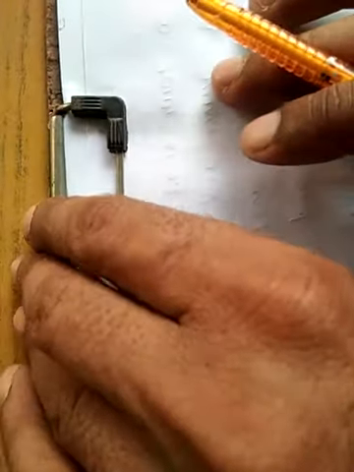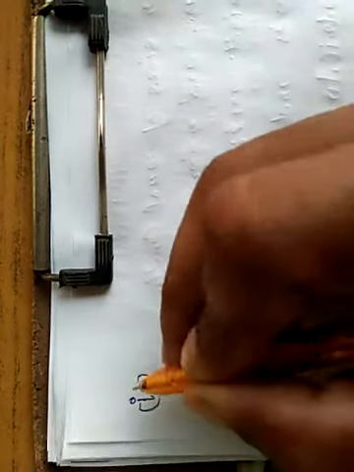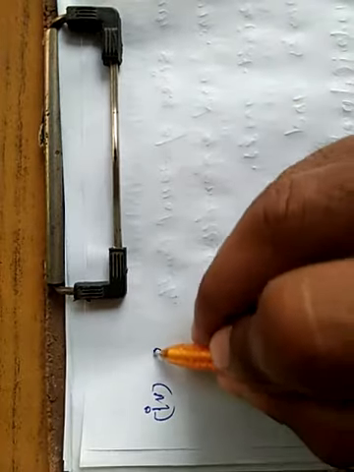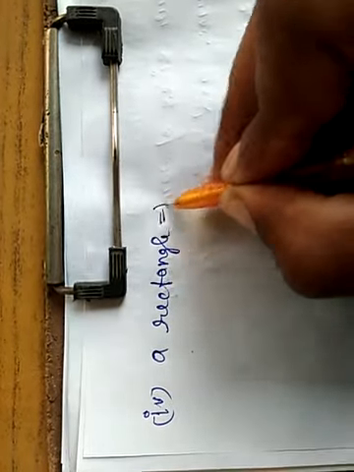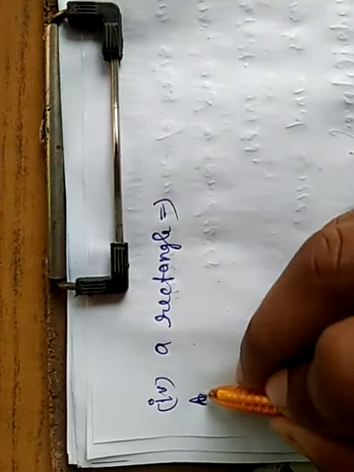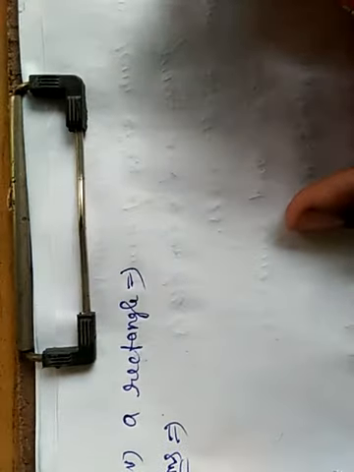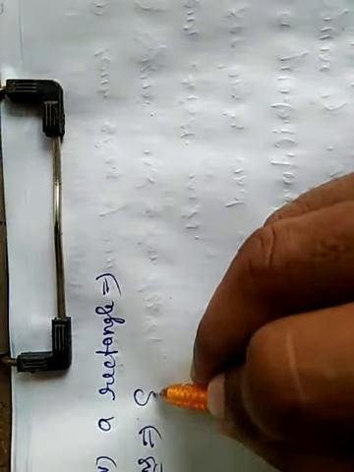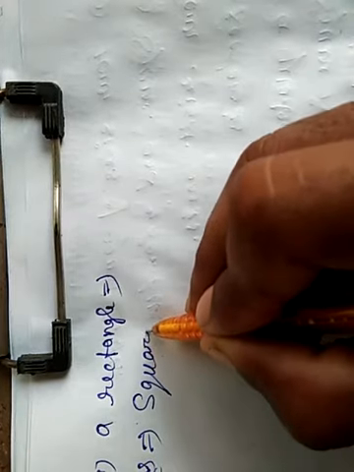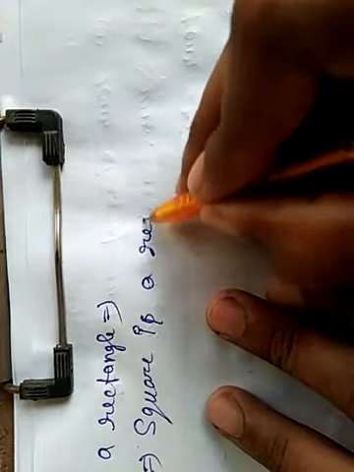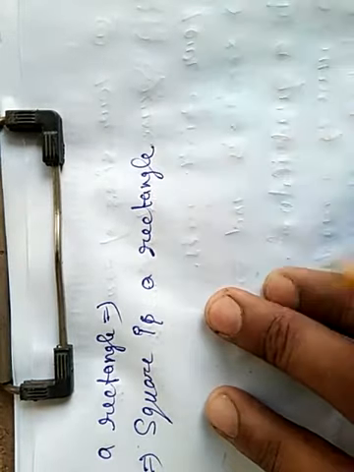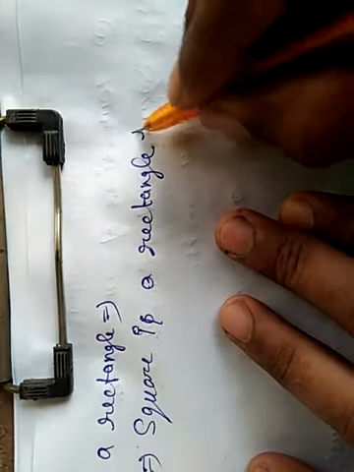Now after this, the fourth part, and the fourth part is a rectangle. So let's see the solution in this, beta. Square is a rectangle. Square is a rectangle because